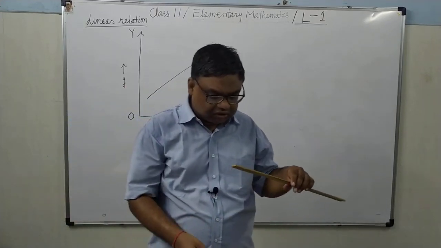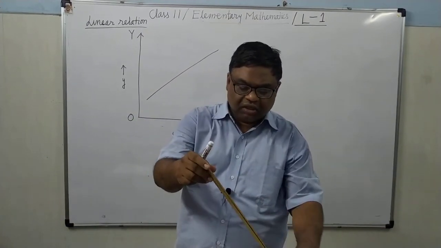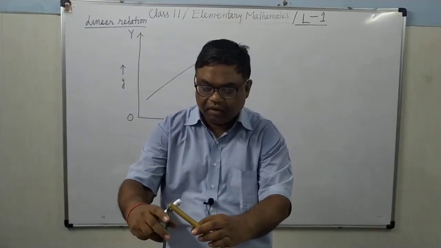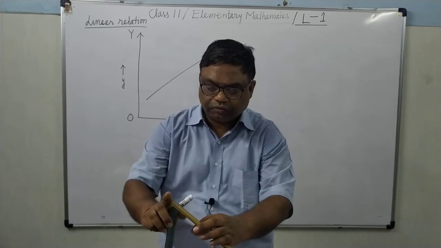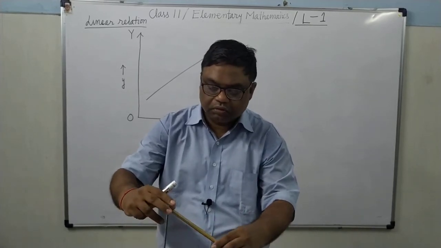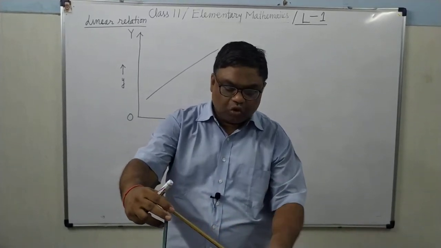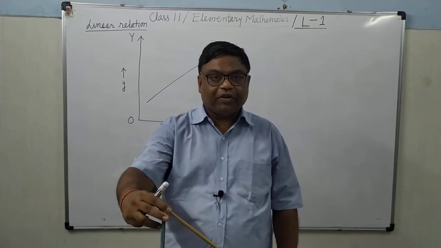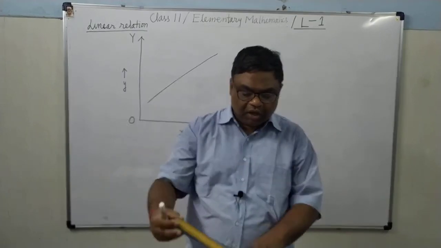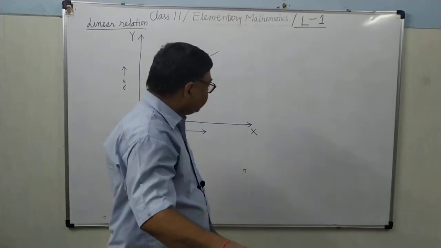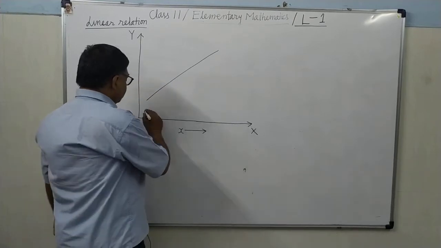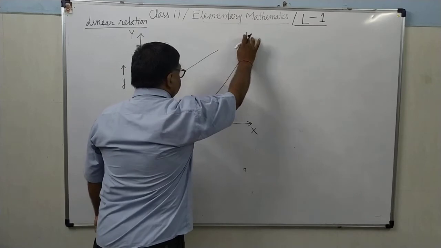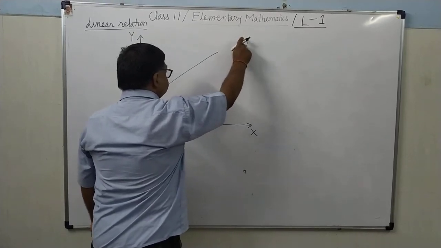Suppose here you can say this. Here the slope, and I put it here. Perhaps it will be visible to you. Now this slope is uniform. Is it clear? There is no variable slope. Everywhere there is the same slope. And if you make a graph like this, though it cannot be in the case of a linear relation. In the case of a linear relation, this graph is not possible.